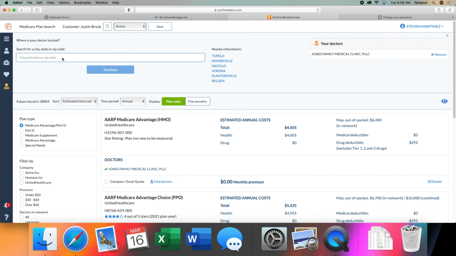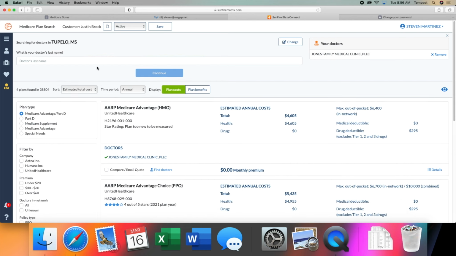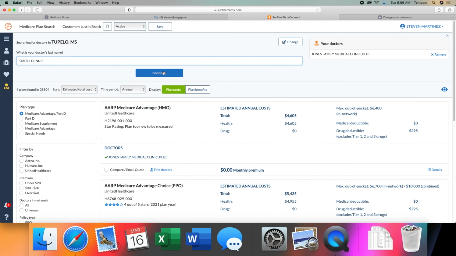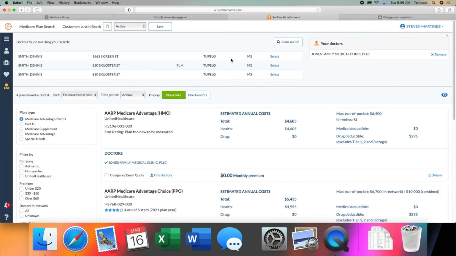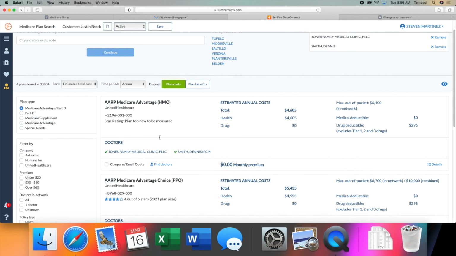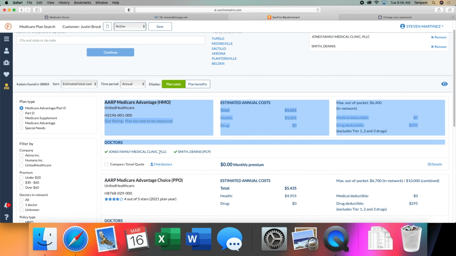Same thing. What city are you in? It gives you these pre-populated cities based on the zip code. I'm in Tupelo, and Dr. Dennis Smith. Which one do you go to? You see him over here on Green Street. There you go. Okay, so now I've got my plan, and I've got whether it takes the doctors or not,